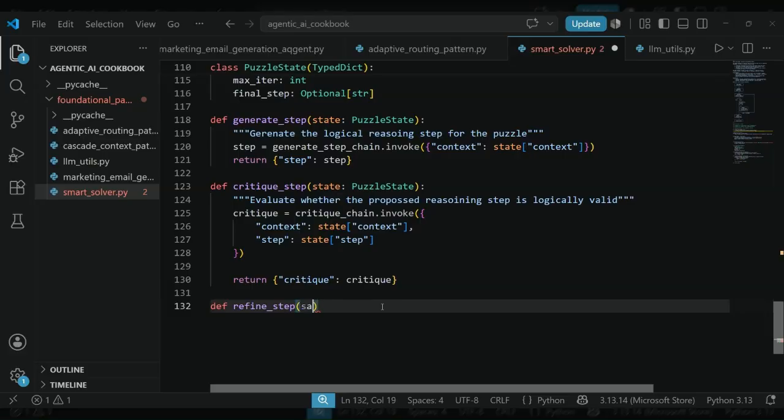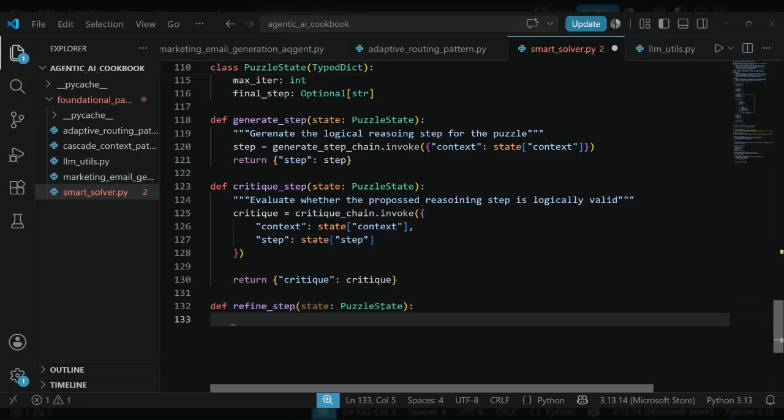It's going to take the partial or the shared state, which is puzzle state, and it returns a partial dictionary. So basically it will refine an invalid reasoning step,